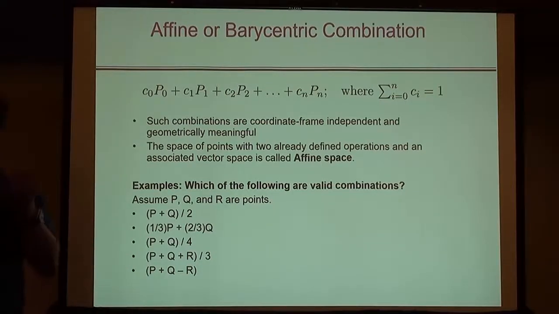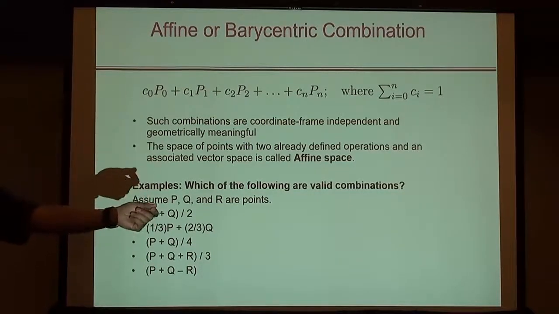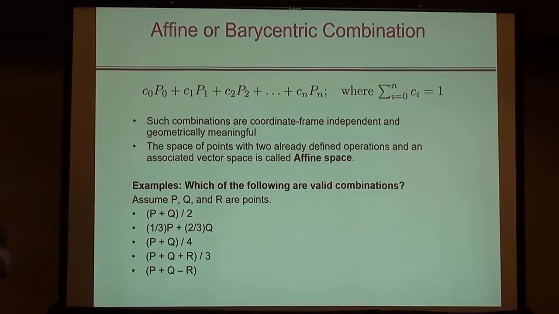Okay? If t is a number between 0 and 1, you will get a point between the two. If t is negative, you will get a point on the left side of the two points on the line. If t is greater than 1, it will give you a point that's on the right-hand side of the line